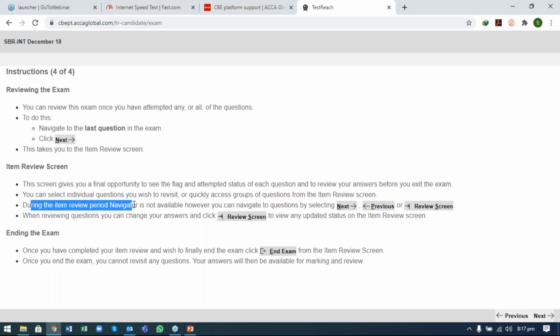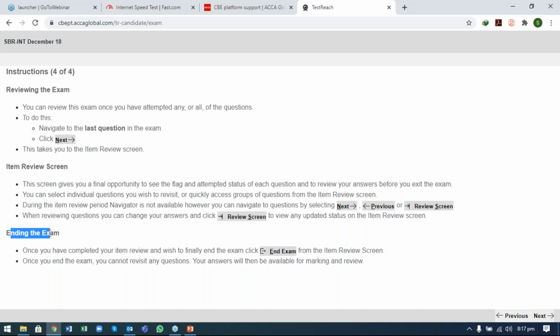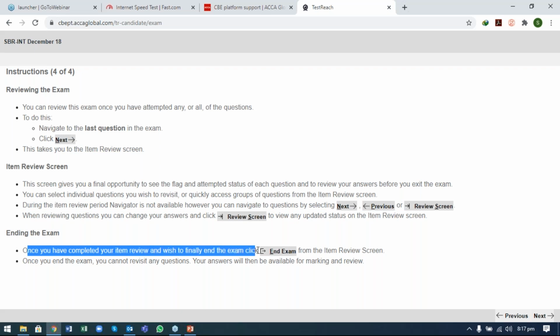During the exam review period, the navigator is not available. However, you can navigate to a question by selecting next or previous or the review screen. When reviewing a question, you can change your answer and click the review screen to view the updated status of an item. Ending the exam: once you have completed your item review and wish to finally end the exam,